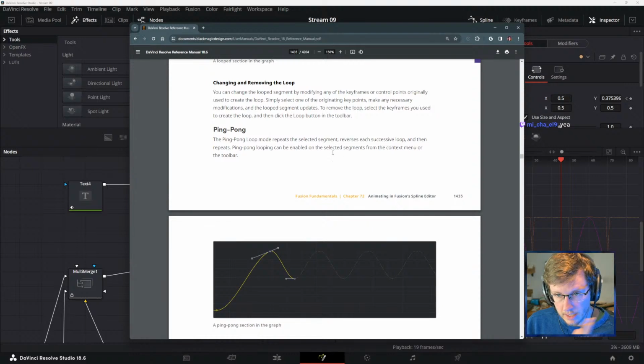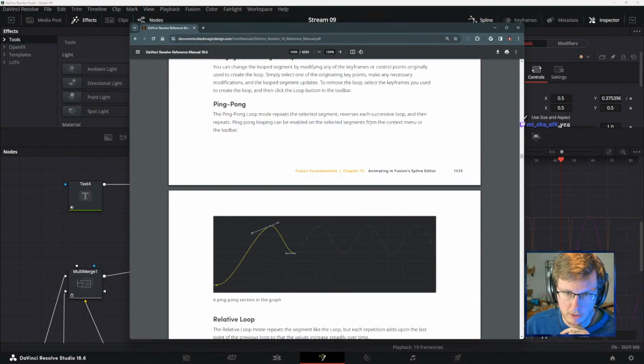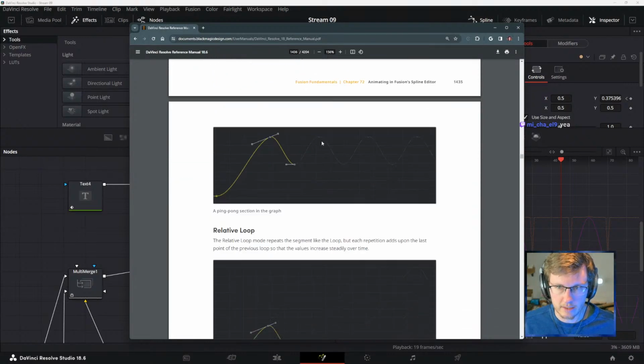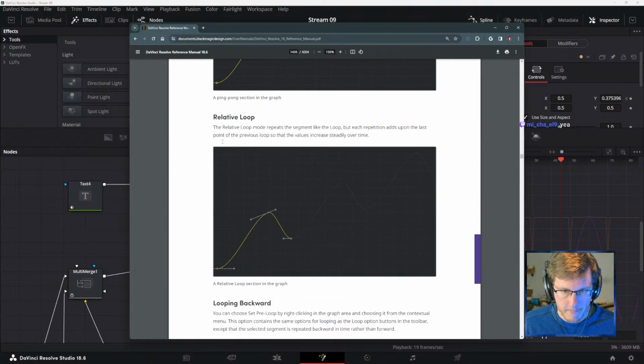Repeats the selected segment, reverses it, and then repeats. Okay. Ping pong looping can be enabled on the selected segments. And then there's relative loop. Oh, that's another cool one. You want things like continually growing or something. So the relative loop mode repeats the segments like the loop, but each repetition adds upon the last. So it can keep growing